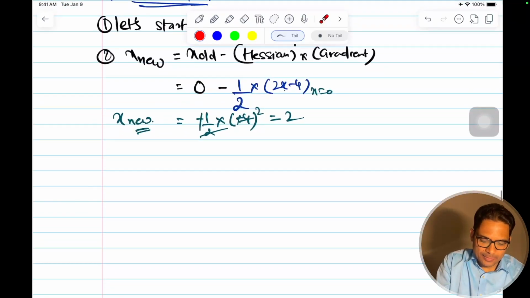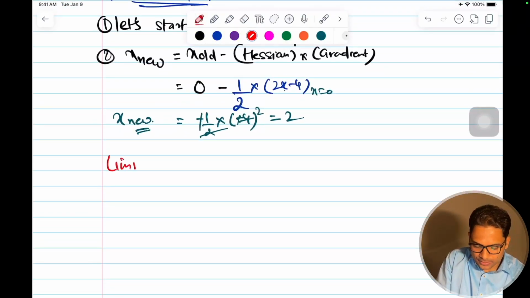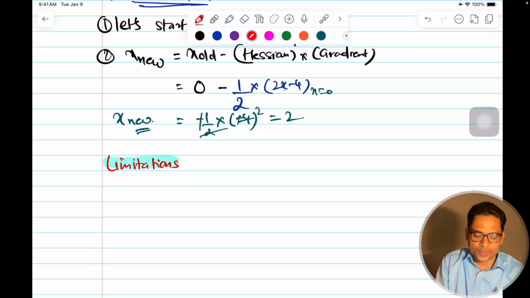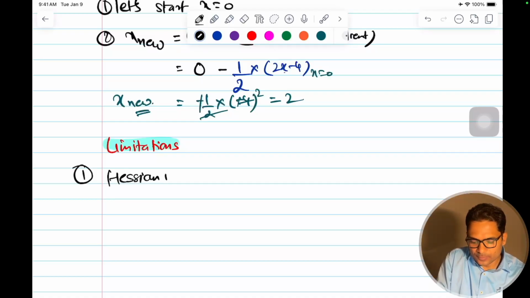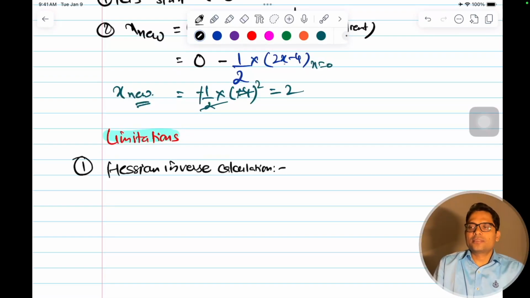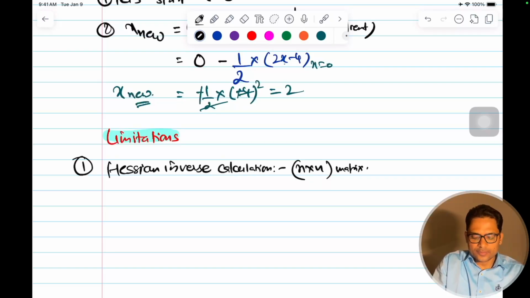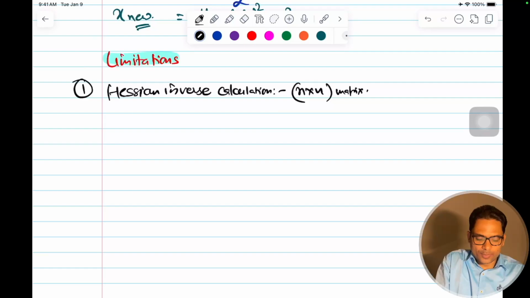But there are some limitations to this, so understand the limitations, why it is not so famous in practical machine learning. Directly you will not hear Newton's method being used, so there are reasons. What are the limitations? The first limitation is the Hessian inverse calculation. This is for an n cross n matrix, a square matrix. For an n cross n matrix,